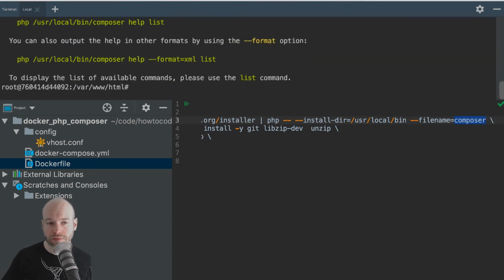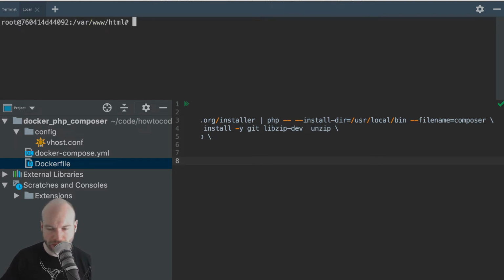That is how you would install Composer into your Docker container, your Docker image, which is great because now that means that we can actually start using or installing frameworks and dependencies inside this container. So, which is exactly what I'm going to do. Right, let's just clear down that screen. We're still in the container.